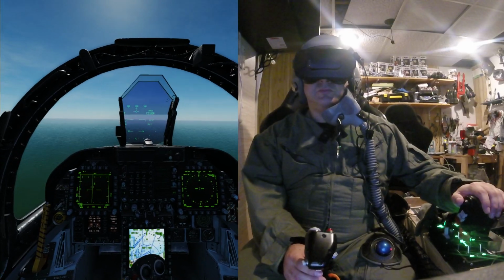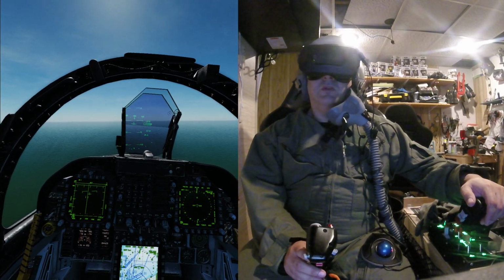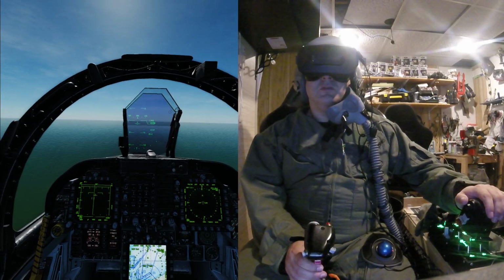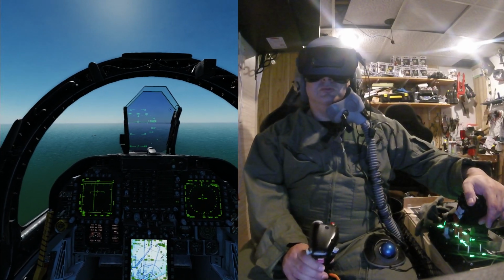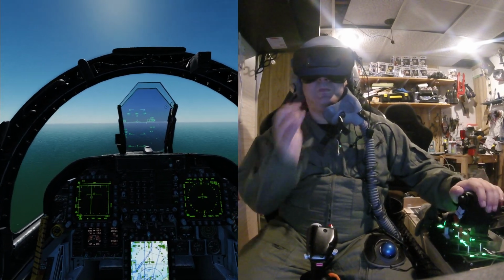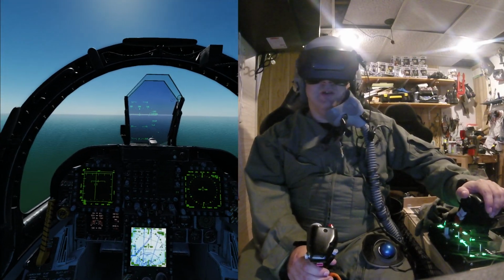I don't see the boat yet, but alright, I think I see the boat out there. Really can't tell the orientation in VR. Like right now I can't zoom in, which is fine. In real life you won't be able to, but